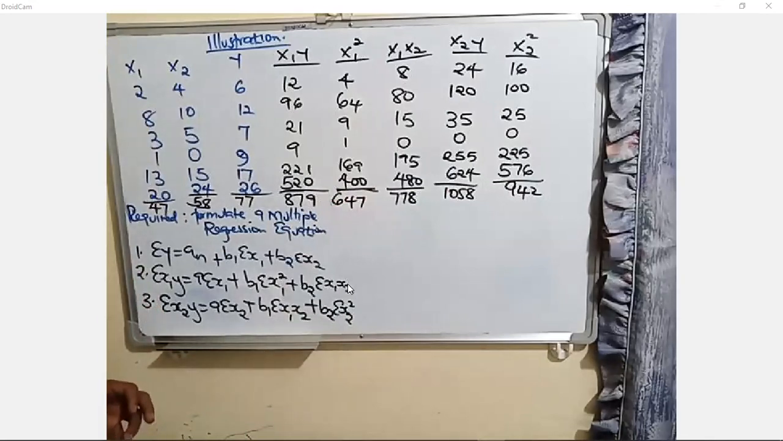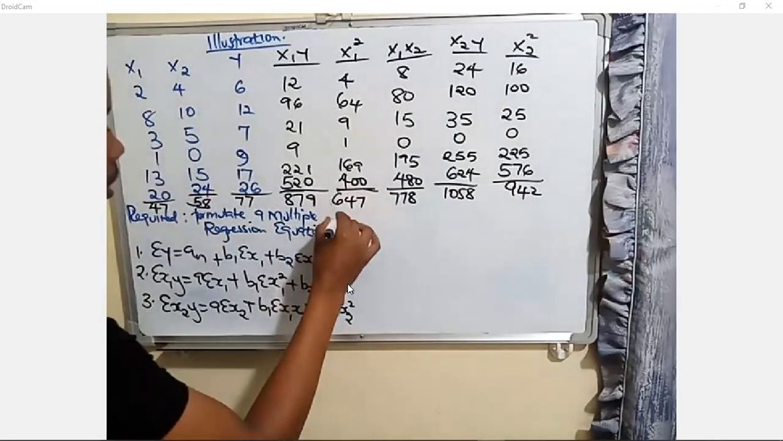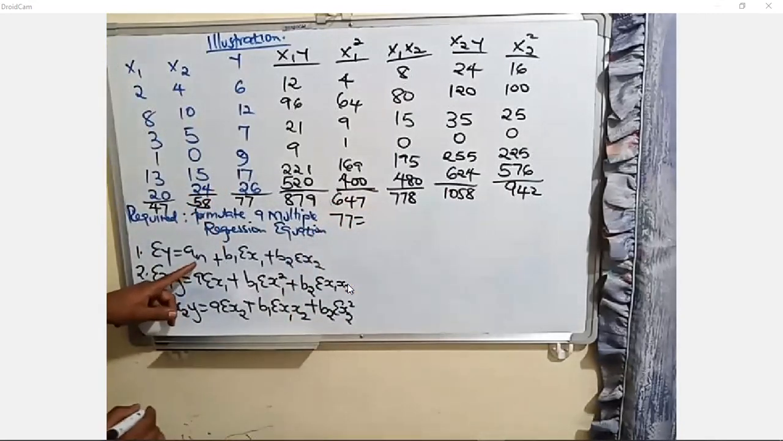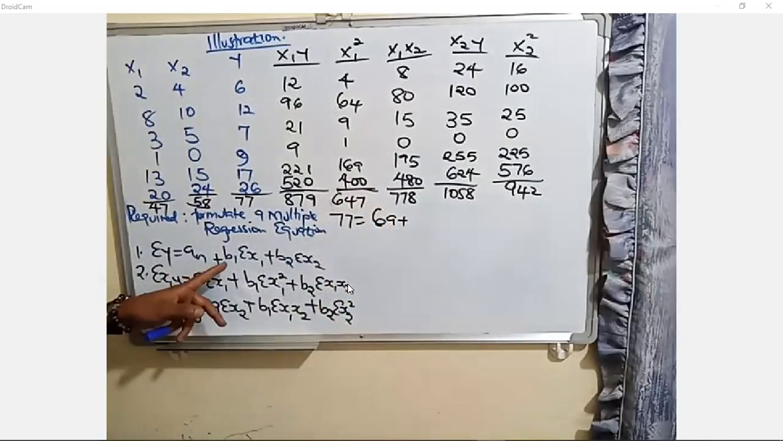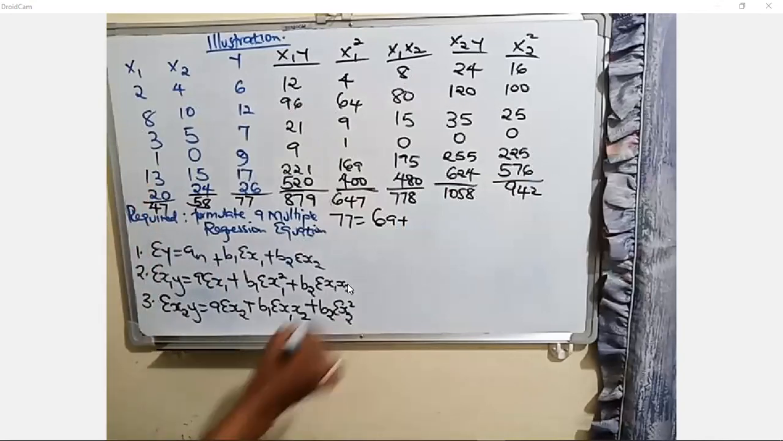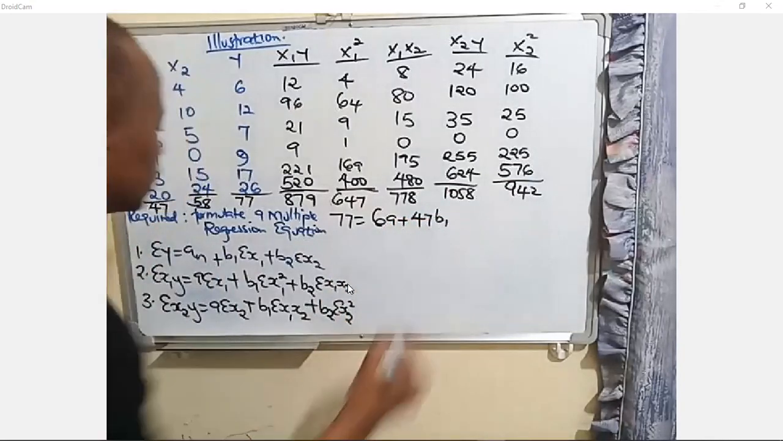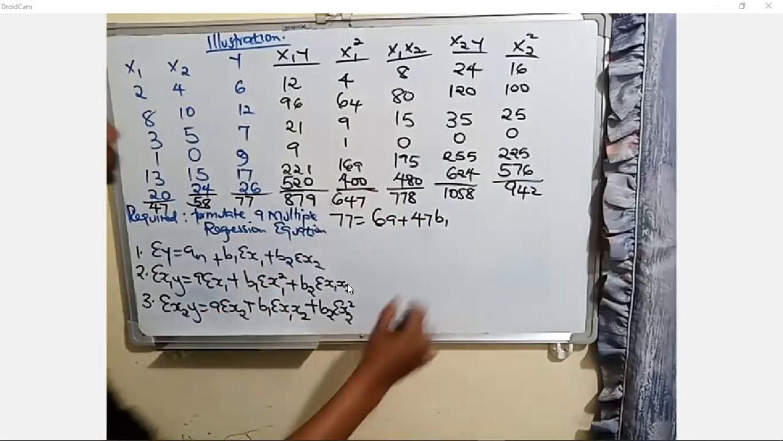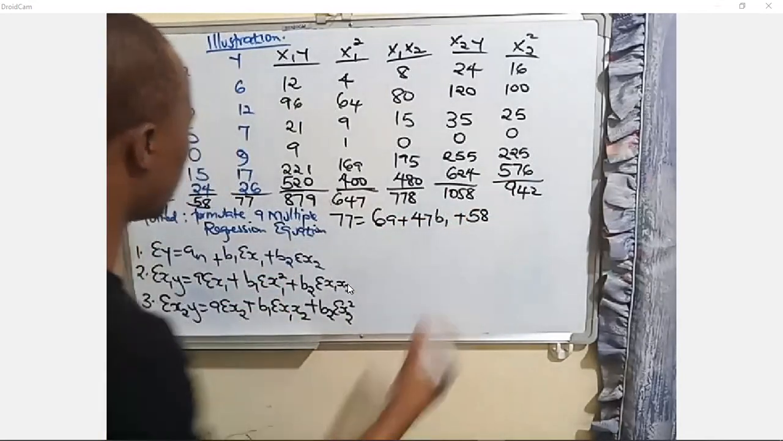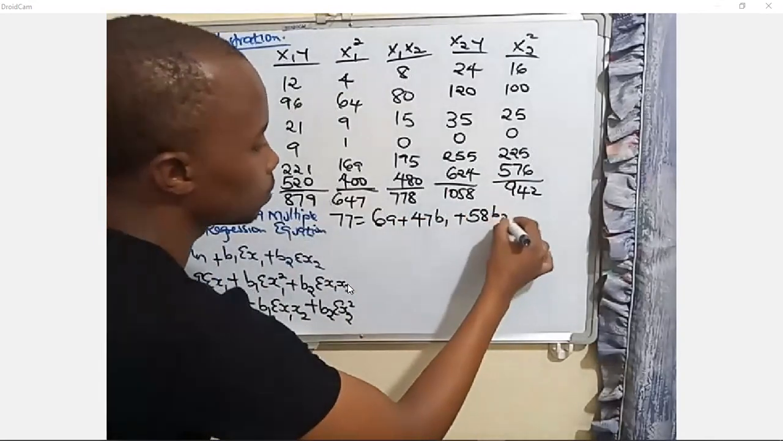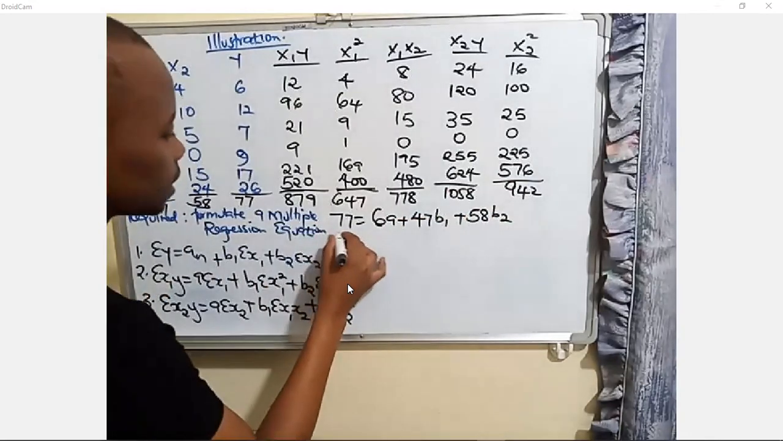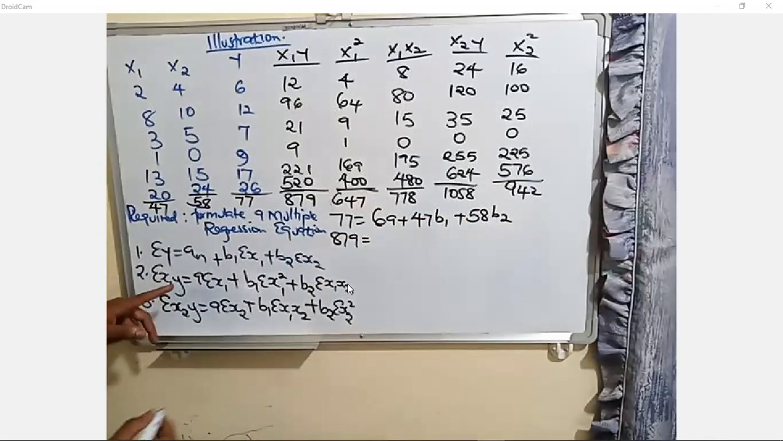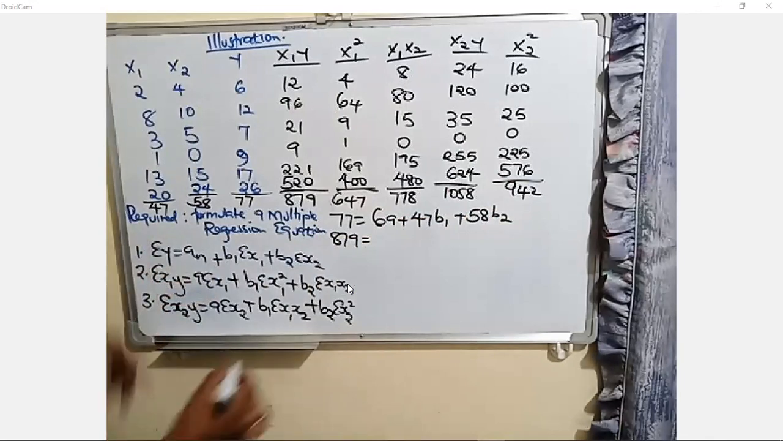So we start with the first equation. The summation of y, which is 77, should be equal to, my n is 1, 2, 3, 4, 5, 6. So it is 6a plus b1, the summation of x1, which you told me is 47, b1, right? Then we have the summation of x2, 58, b2. The second equation, I will take the summation of x1y, which is 879, which is equal to the summation of x1, 47a,